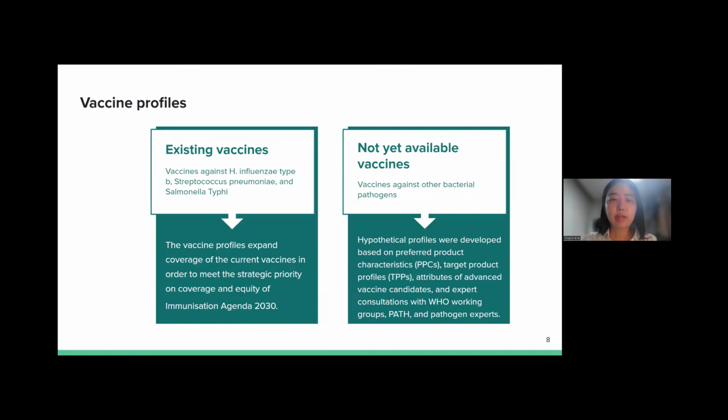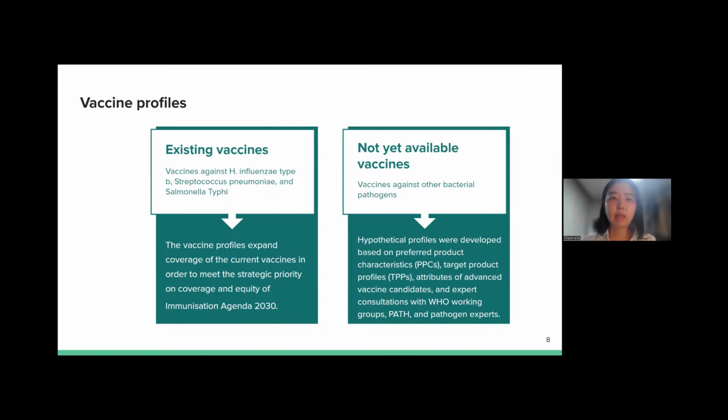The vaccine profiles consisted of 15 different bacterial pathogens. These were the pathogens that were part of the WHO evaluation of the value of vaccines in preventing AMR. So for vaccines such as vaccines against Haemophilus influenzae type B, Streptococcus pneumoniae, and Salmonella typhi, our assumption is based on the expanded coverage of these vaccines in order to meet the strategic priority on coverage and equity of Immunization